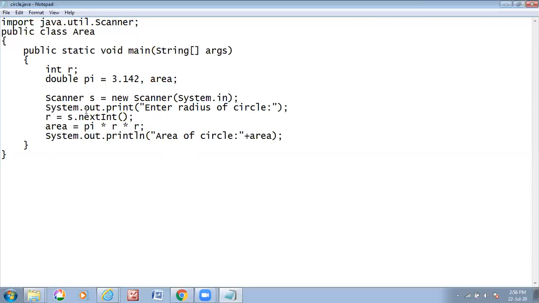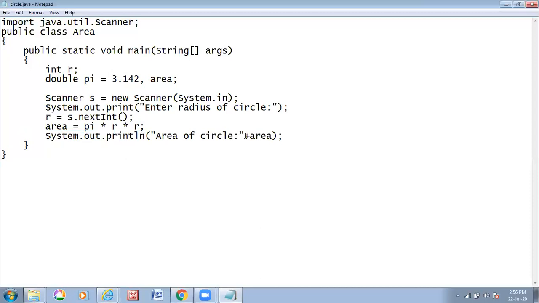And what we do, if we need to input data from the user, if it is an integer, then we need to call this method, scanner object s dot nextInt. That is our radius. Area equal to pi multiplied by r multiplied by r, r square. System dot out dot println method. Everything in Java is in terms of objects and classes. Println method of which class? Of out class. Okay, in which namespace or package? System.